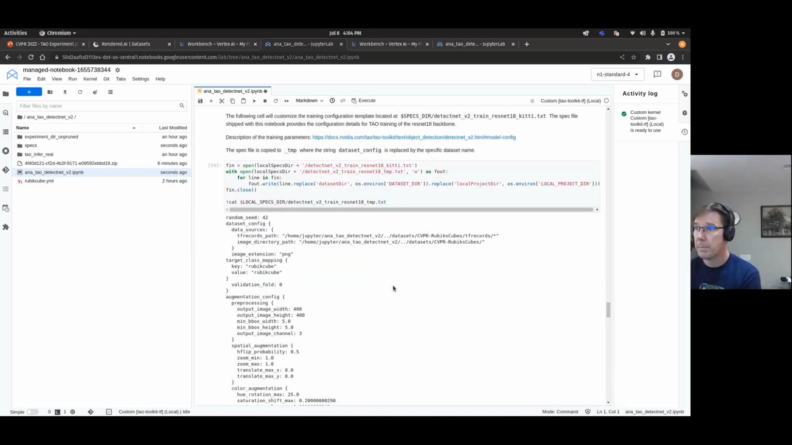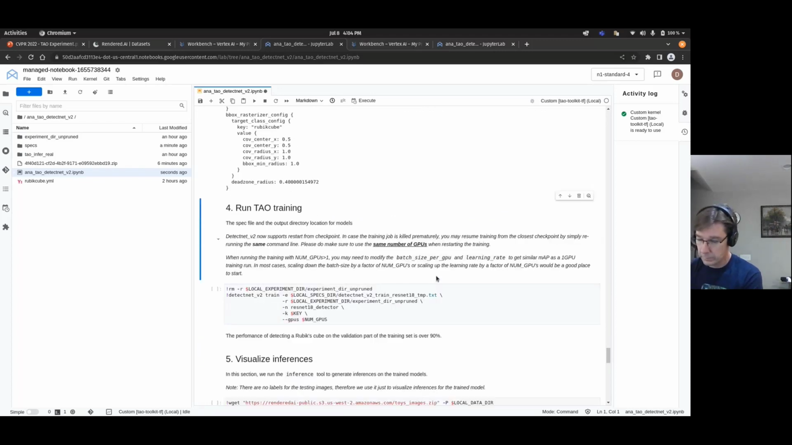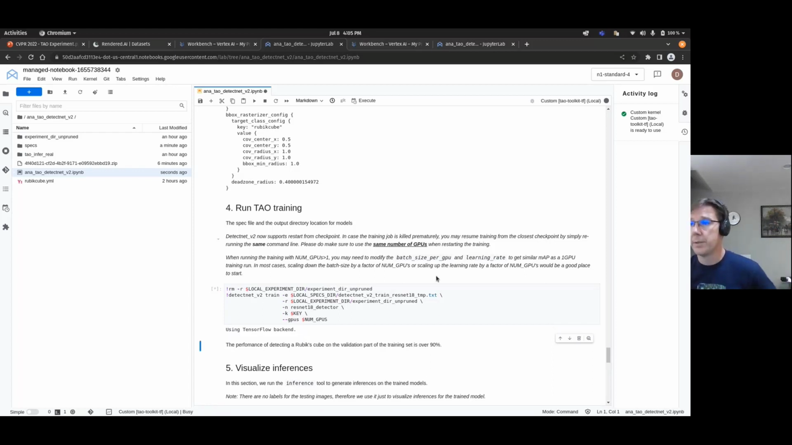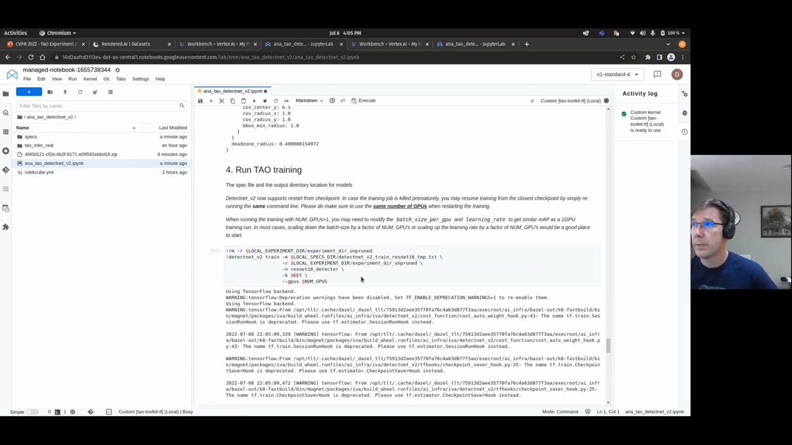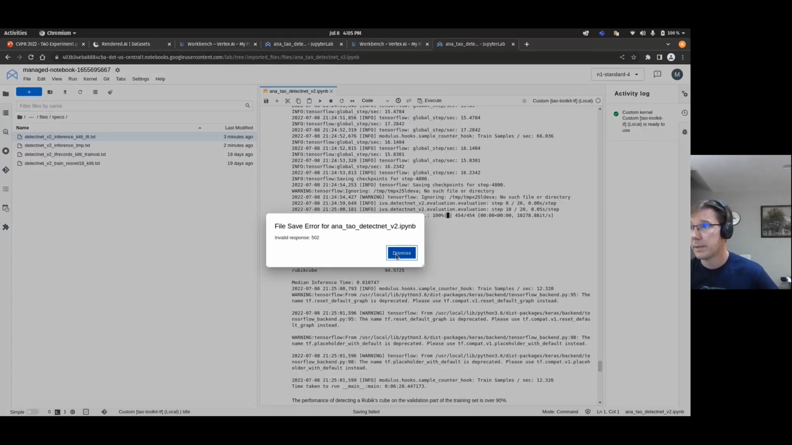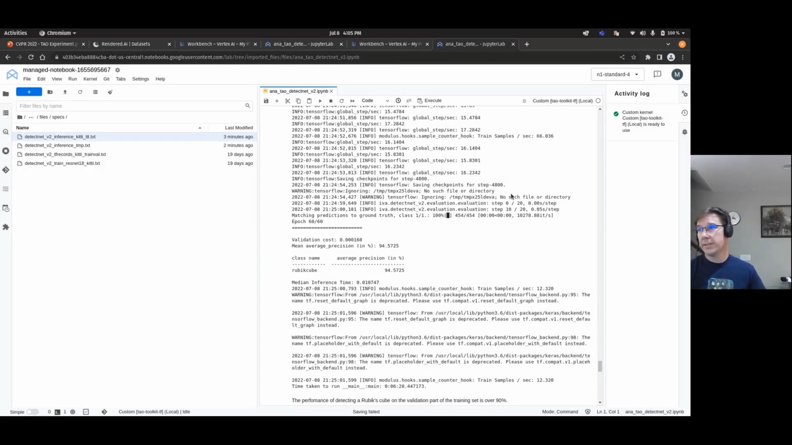So now that the configuration file is there and the dataset has been converted to TF records, or at least the annotations are converted to TF records, and the images are there, the training can take place. This takes about 10 minutes. So I went ahead and just did it in another account so we can skip to the future by me just changing tabs. And when the training is done,